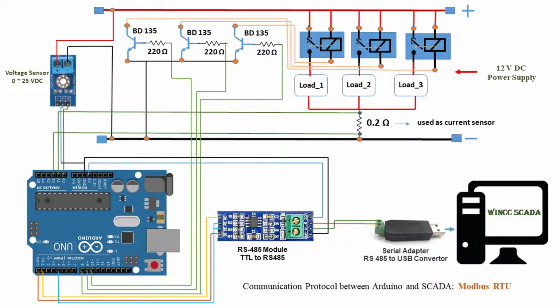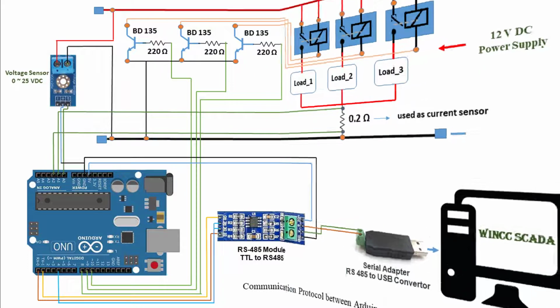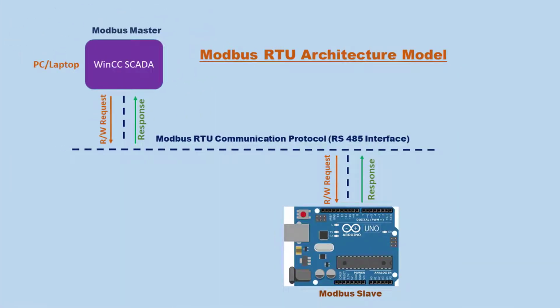When you have finished your hardware setup for Arduino input-output connection with the field devices and the communication setup for Arduino with the PC, you can proceed to the next step, Arduino coding. We have to take some facts into consideration when we move to coding for Arduino. If we look at the data exchange mechanism between the Arduino and the SCADA interface, we will see that the Modbus RTU communication protocol works depending on the master-slave architecture model.